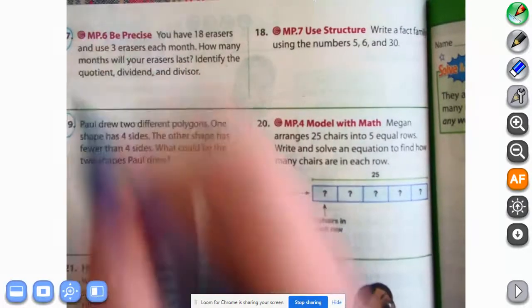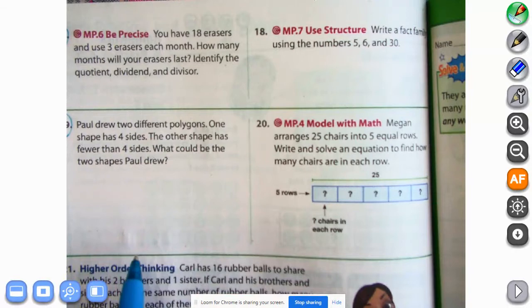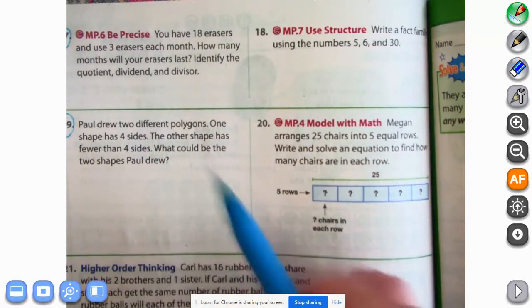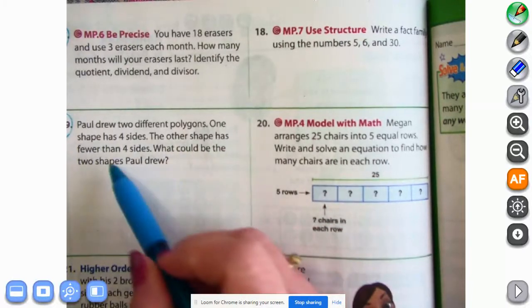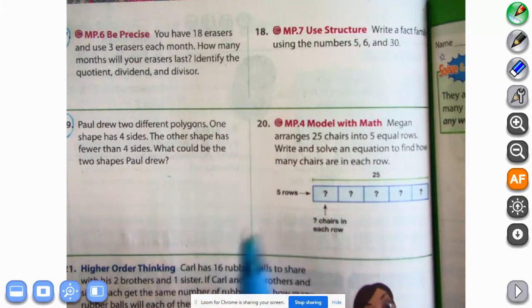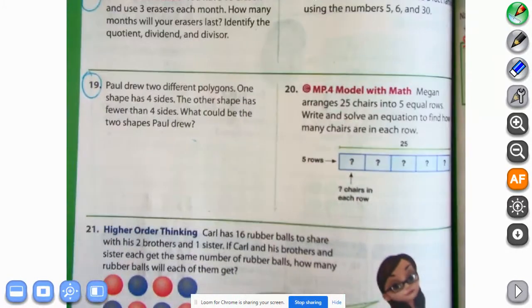Number 19 says, Paul drew 2 different polygons, which is a shape, a many-sided shape. One shape has 4 sides. The other shape has fewer than 4 sides. What could be the 2 shapes Paul drew? What could be the 2 shapes he drew? Okay. And number 21,